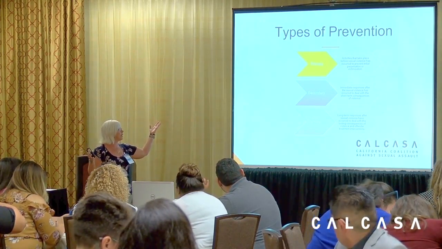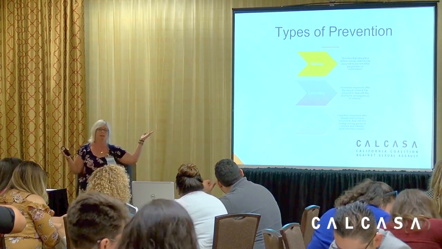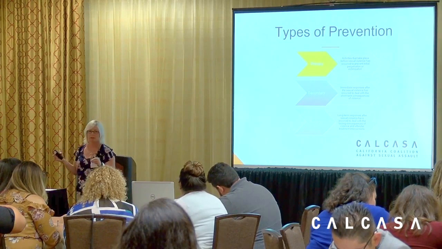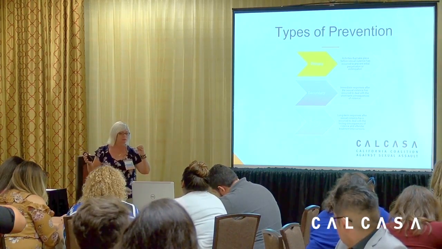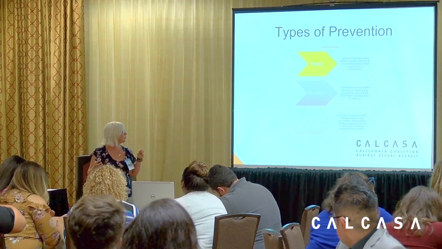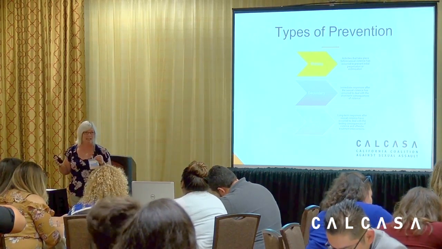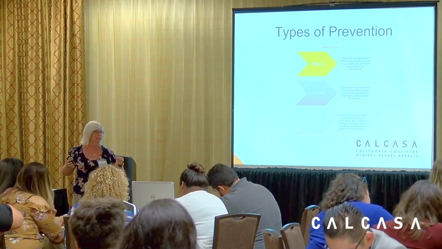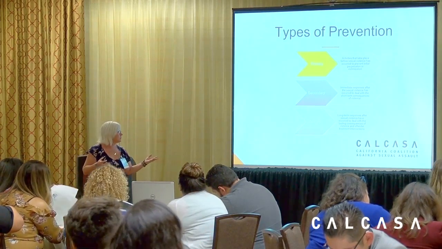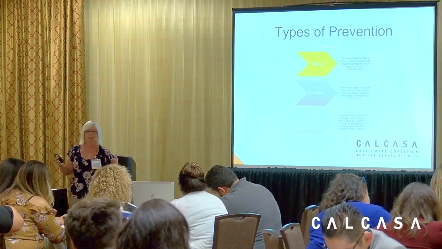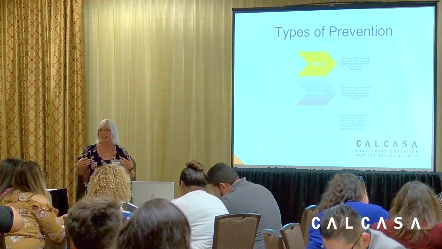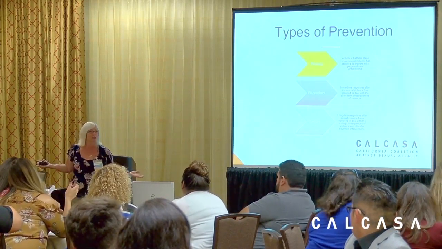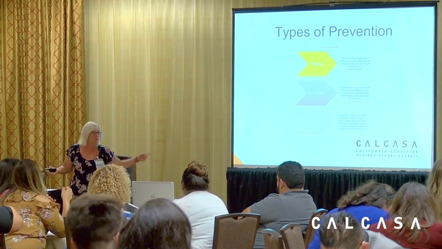So we talked a little bit about primary prevention, activities that take place before violence occurs. There is secondary prevention, which are those immediate responses that target the short-term consequences of violence. And then there's tertiary prevention, which affects the long-term consequences of violence, things like offender treatment. My argument when I was at my organization at RCC in San Diego was that we're all doing prevention in different ways, but at different levels.